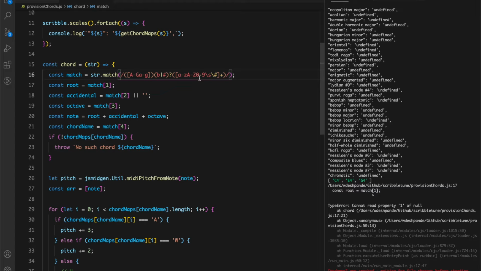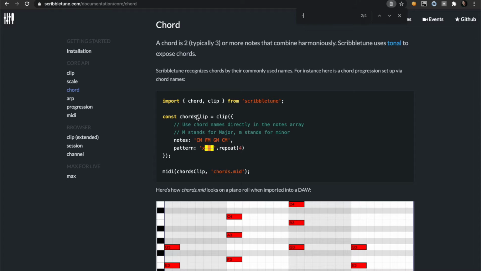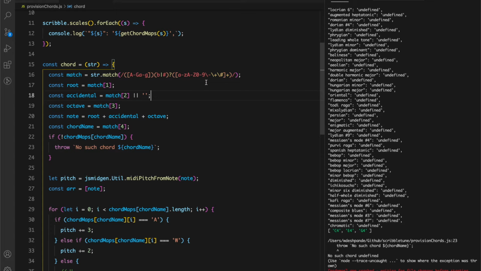We saw that some chords have numbers in them and they won't have space, so we can get rid of space, but we can add a hyphen because I saw some chords with hyphens in them, and I saw one chord which has a plus sign in it. So if I go back to this and look for plus, there it is, it has got a plus sign in it. And then let's look for a minus sign. So yeah, this is going to be our new regular expression.